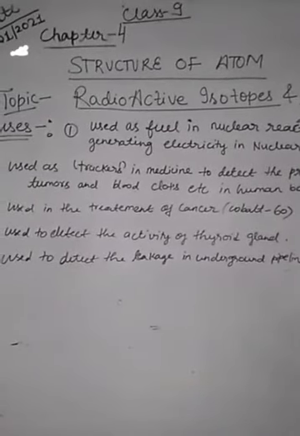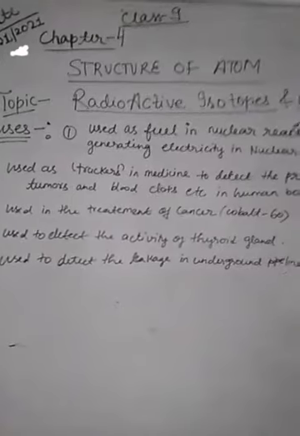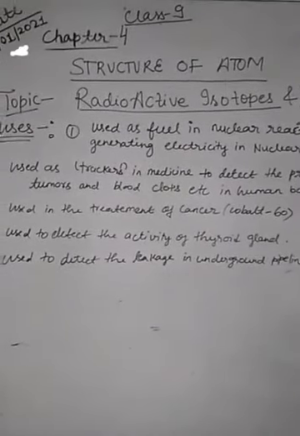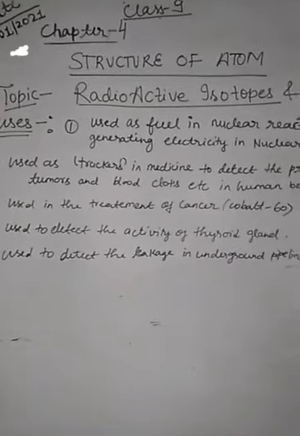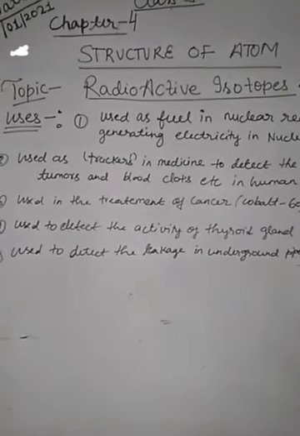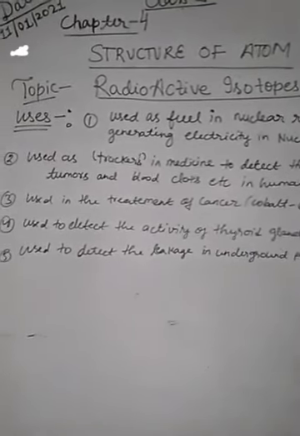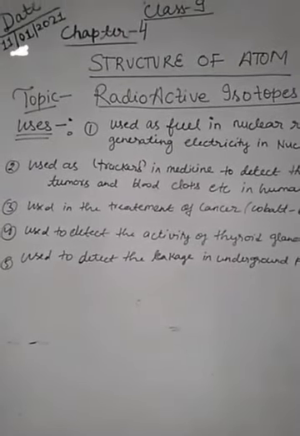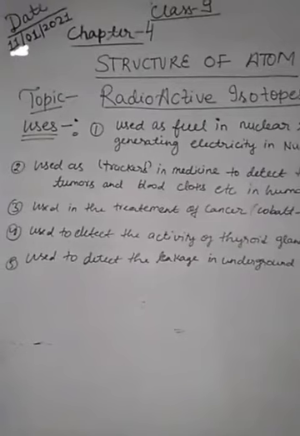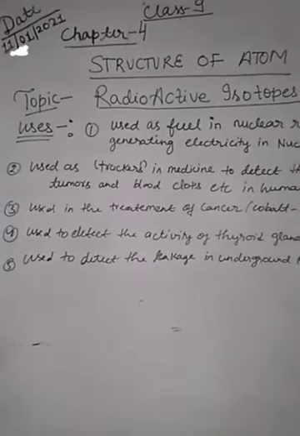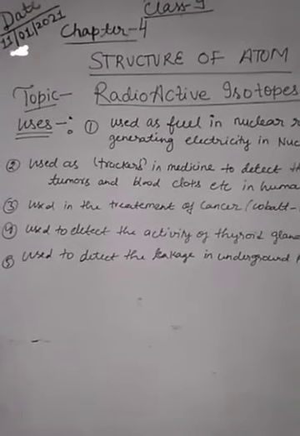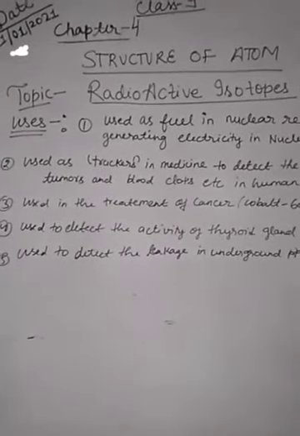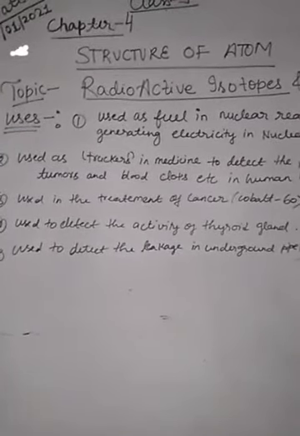This heat energy is used to boil water in a big boiler to form steam. The high pressure steam turns the turbine. The turbine runs and generates electricity by rotating the generators. The process in which the big uranium 235 nuclei are broken into smaller nuclei to obtain energy is called nuclear fission. There are two types of nuclear reaction. One is nuclear fission and the other is nuclear fusion.